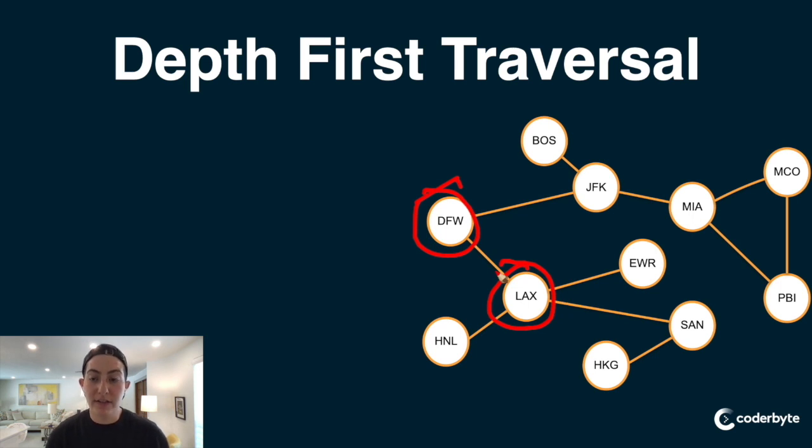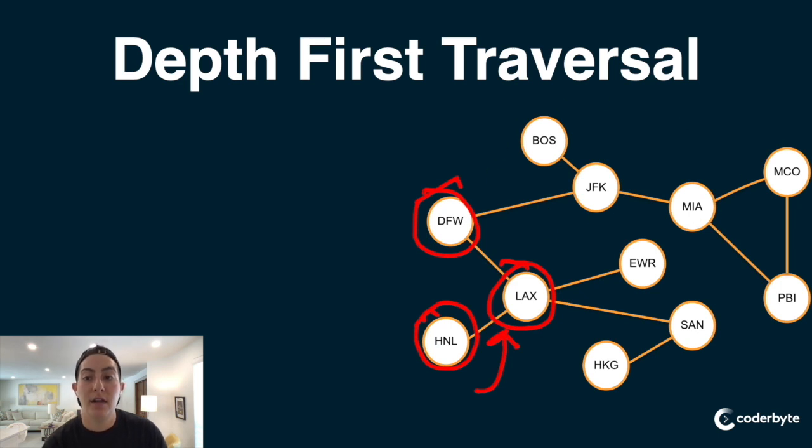iteration of our algorithm, we are going to continue down, right? We are going to continue to traverse the graph deeply until, like I said, we reach the node we're looking for or a leaf node. So from LAX, we go to Honolulu. Okay, Honolulu looks like a leaf node, right? The only other node it's attached to is the one we came from, LAX. So we backtrack. We go back up the branch that we came from, and then we continue down. In this way, we will visit all of these branches before we ever even get to this whole part of